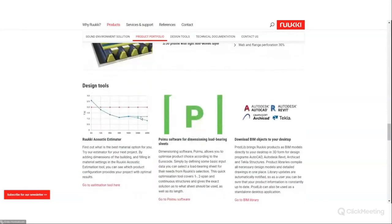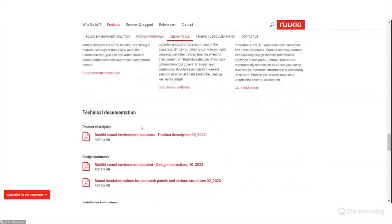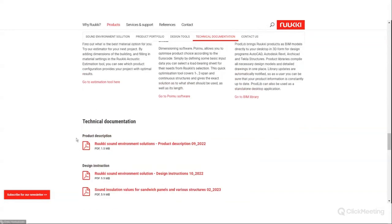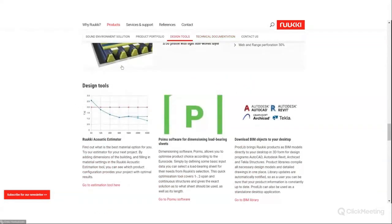Then you have this design tool we can look at, and then there are technical documents about this. So there's a design instruction about what we talked about. Then there's a sound insulation value for various structures and sandwich panels, including these sound absorptive things. Every time we have something new, we update this file when laboratory measurements are made or something like this. We can go to the